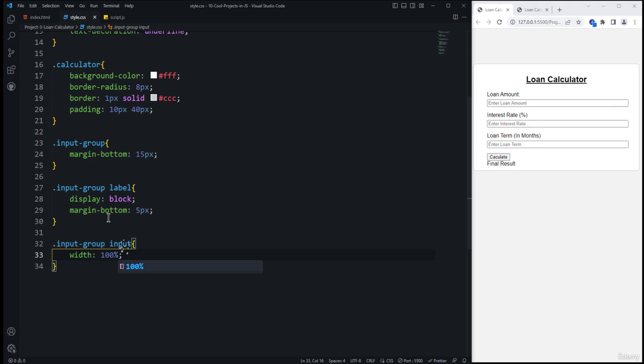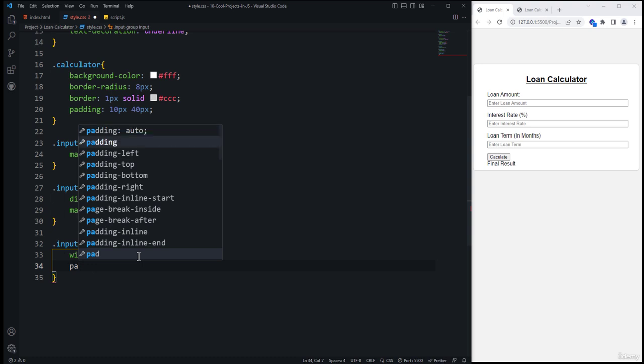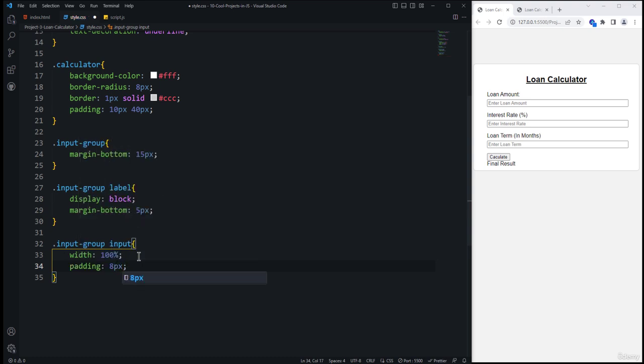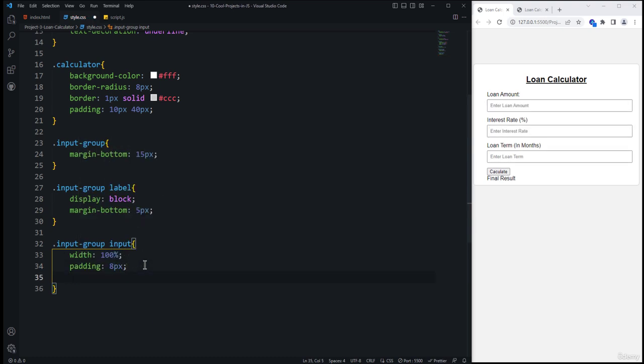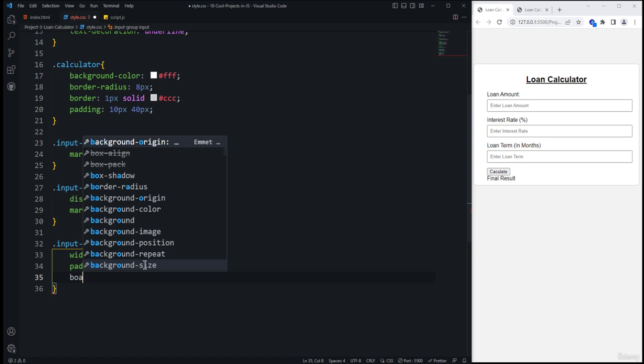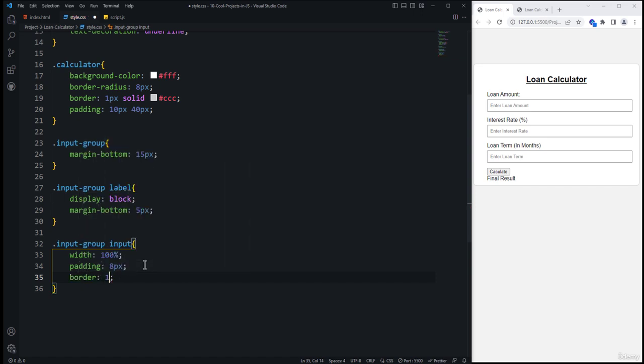Like percentage symbol. If I save it, then you can see the width is now increased to 100%. Then we need to add the padding property. So padding from all sides is going to be 8 pixels. And then we need to add the border. So our border property, border 1 pixel. Then we need to add the solid border,